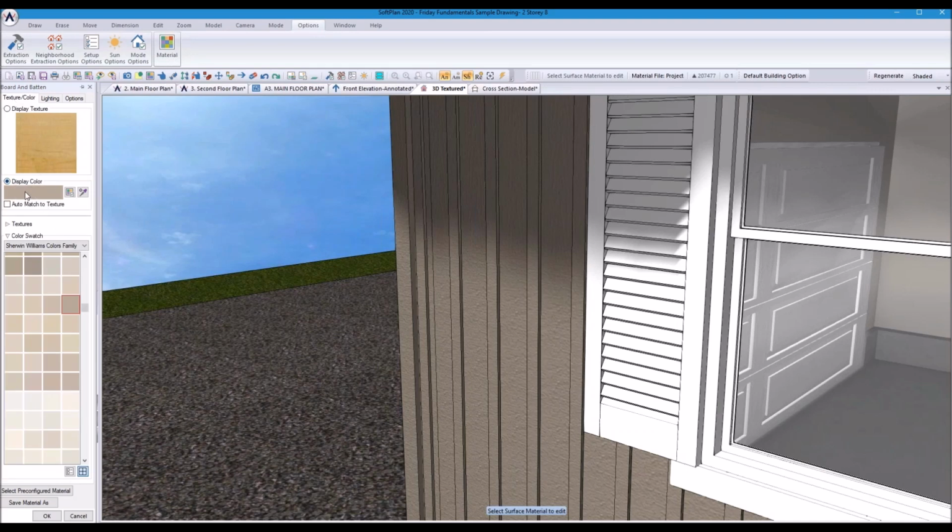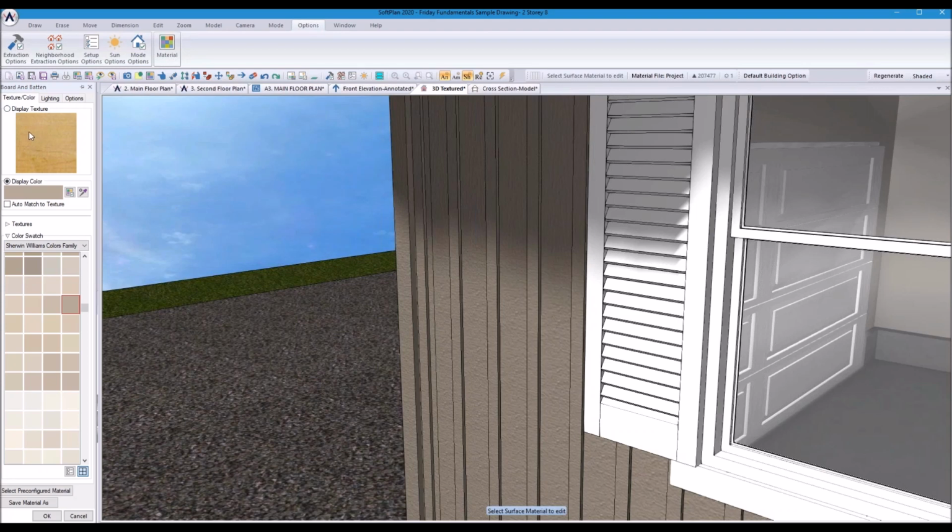So the display color I've picked, this way I can pick from anything I want because I'm using a profile within the wall definition to define my shapes to make it look like board and batten. So I can pick from any of these. You can import the colors from different siding manufacturers, but all you need is just the color sample at that point, the swatch. But what I've done in the texture, instead of having a siding texture there,